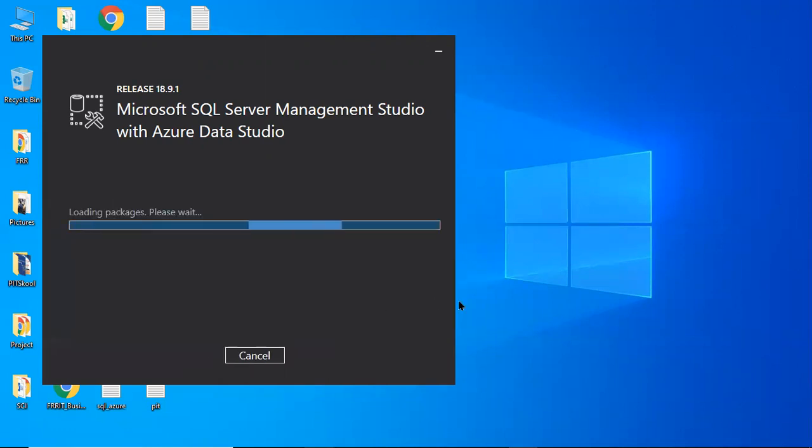So same thing, it is loading the packages, please wait, after that it will start the installation process. Very simple steps are there to start the SQL Server Management Studio installation.